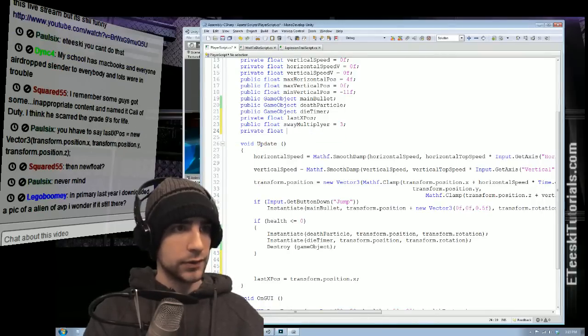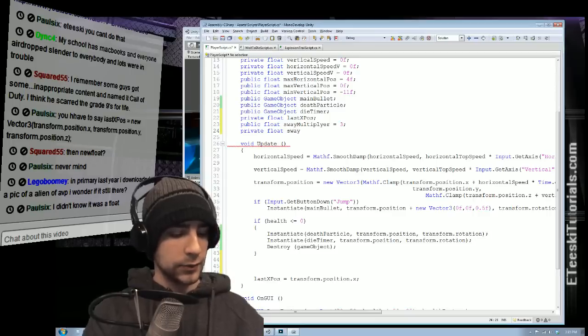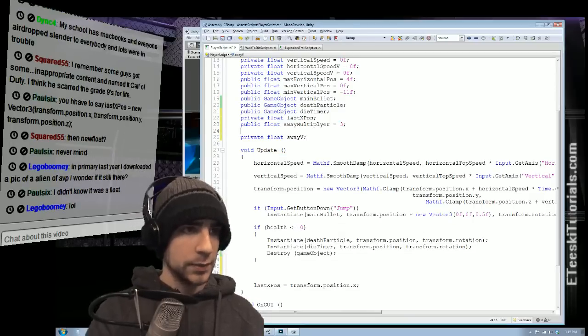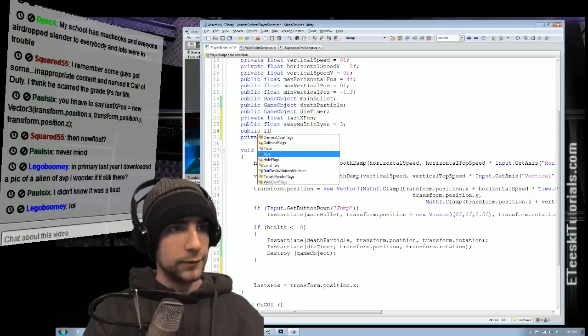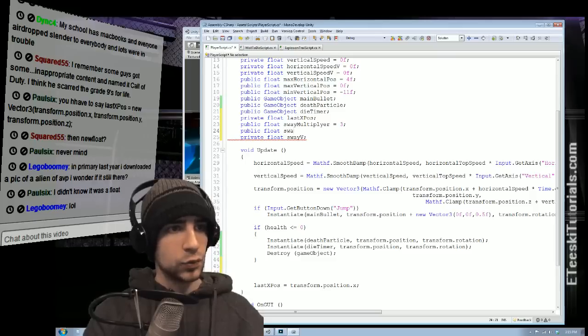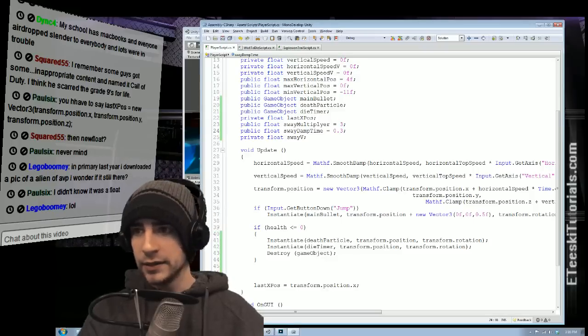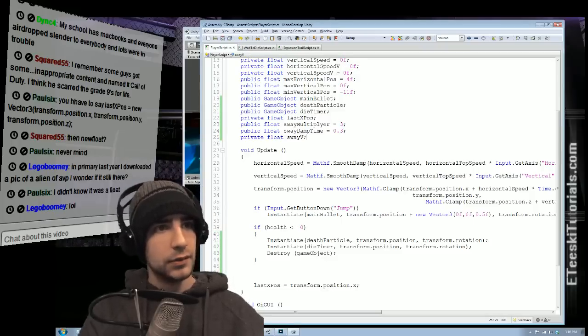Private float sway, we'll just call it swayV. And let's create a public float swayDampTime equal 0.5, no, 0.3. Do I need to put an F if I have a point there? I don't think I do, right? I'm going to assume that I don't. So,